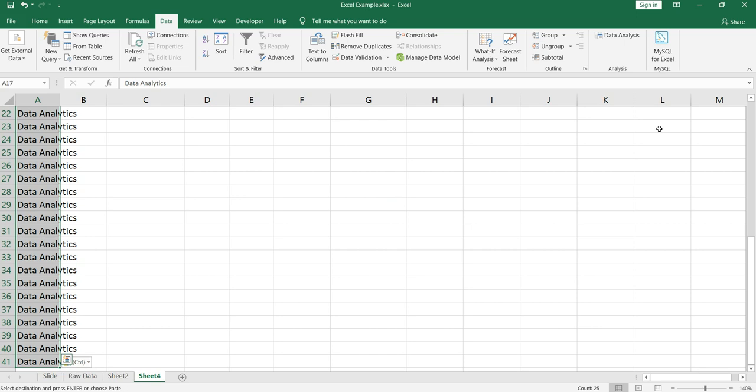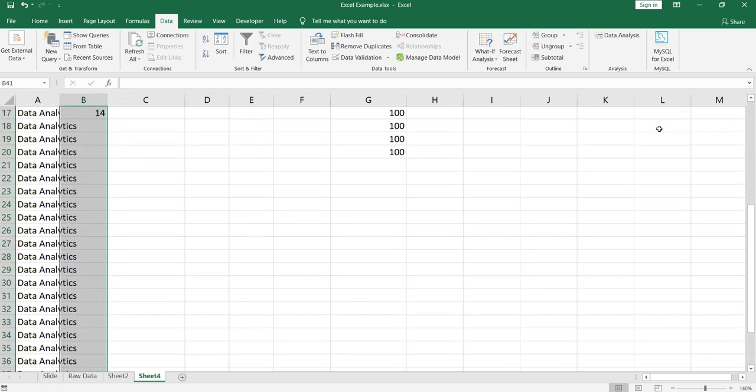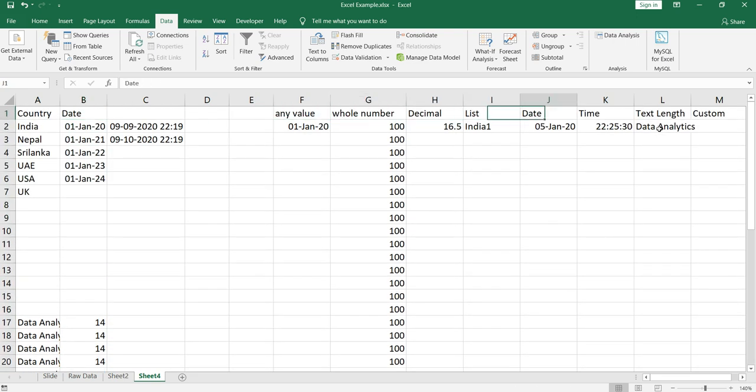So we have 25 times data analytics repeating, right? And the length of data analytics is 14 characters. So 25 into 14 turns out to be a total of 350. So our text length validation should not allow all of these data analytics to be incorporated in that cell.